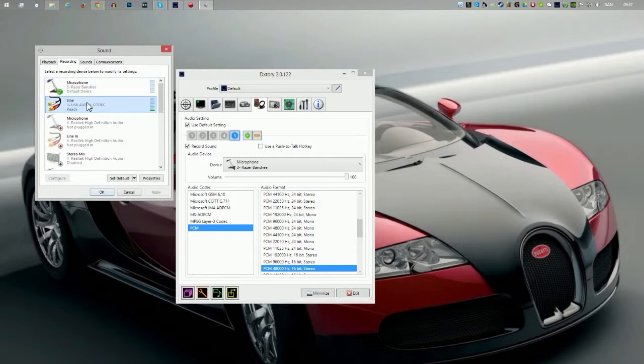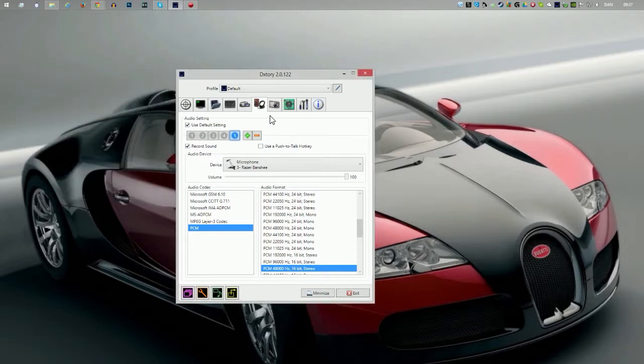Other than that, like I'm using that one, but I'm using that on another program, so I won't mess with that. But if you have multiple recording devices, it tends to use the default recording device. So I recommend you go and do that if you have multiple recording devices. Just default the one you want to use to record from, and you should be all set. I think I've made that way too complicated, but that's basically what you want to do. And there you have it.